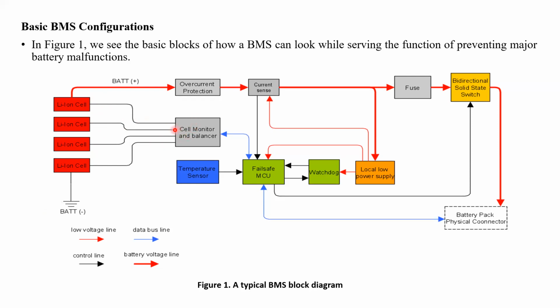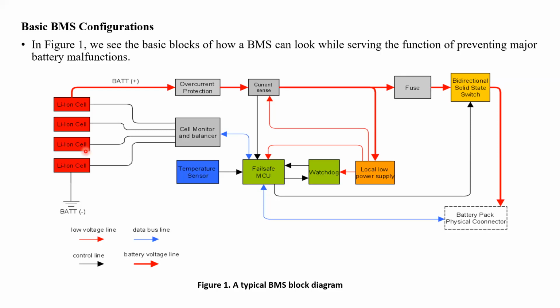For that purpose, we use cell monitoring and a cell balancer, along with a main control unit. This main control unit monitors the cell voltage and cell current levels, because we have to maintain equal voltage levels and equal current sharing. Whatever current one cell shares, for example 0.5 amperes, the other cells should also share 0.5 amperes. If one cell shares 1 ampere, another only 0.5 amperes and another only 0.3 amperes, that is an imbalance in current sharing.